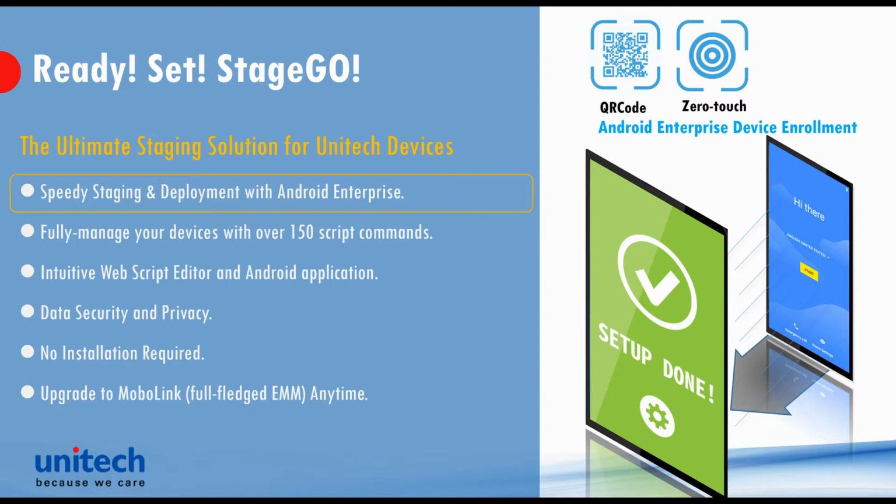When you enroll StageGO into your devices with the Android Enterprise device enrollment, not only can you get your device staging done in a much shorter period of time, you also get more script commands to work with. This is because the Android system gives StageGO special permissions to change advanced system settings when it is enrolled with the Android Enterprise system. In fact, StageGO now offers more than 150 commands when it is enrolled with Android Enterprise. That is more than double the number of commands available from the original StageGO. Even if you choose not to enroll StageGO with Android Enterprise, you still get about 115 commands when it runs